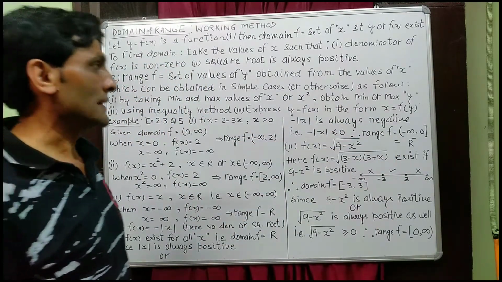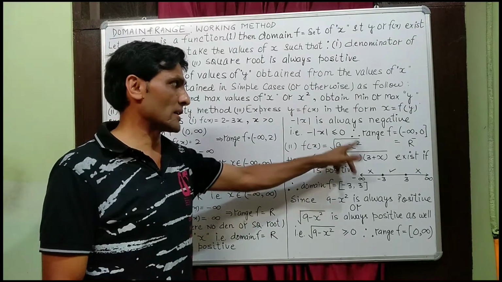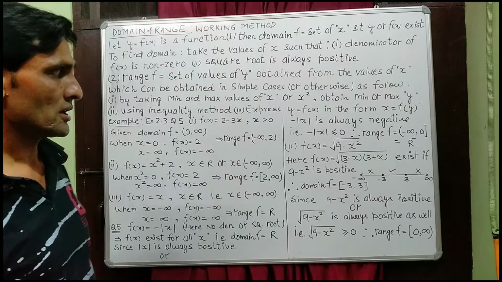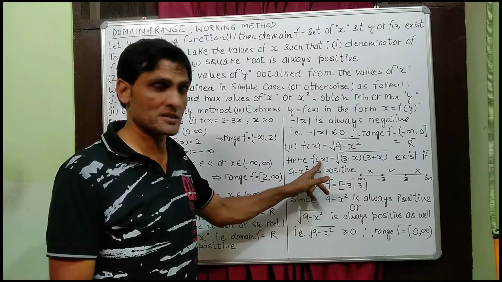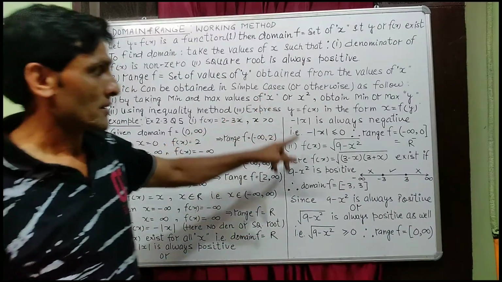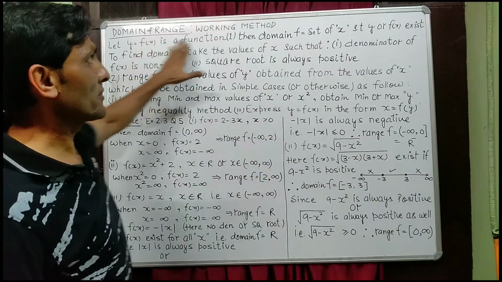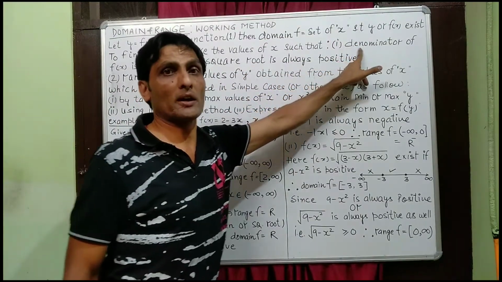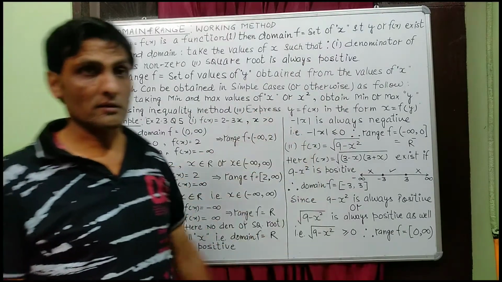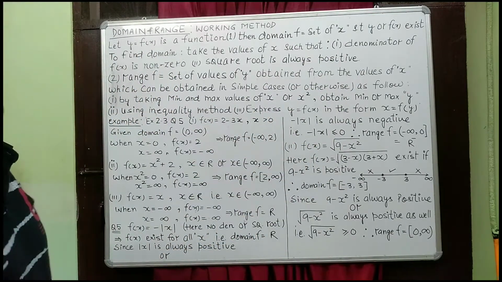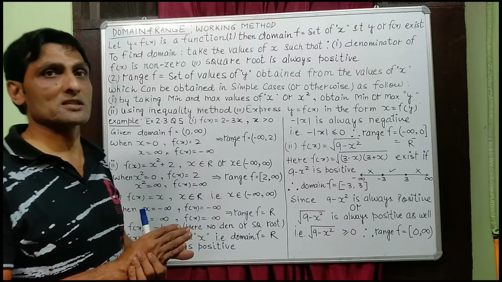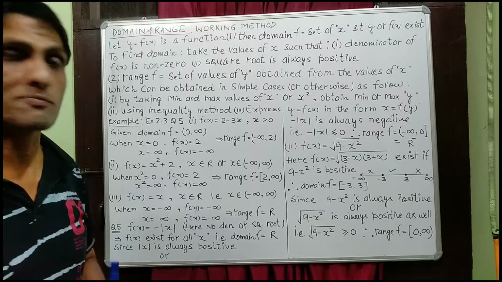Now, next, the second part is f(x) is equal to the square root of 9 minus x square. Here you have to find the domain as well as the range. Now here, factorize the function: 3 minus x, 3 plus x. So again, to find the domain, we have to remember these things. The denominator should be non-zero and the square root should be positive, because here the function involves a square root. So you know very well that the value of y or f(x) will exist whenever the expression under the square root is non-negative.